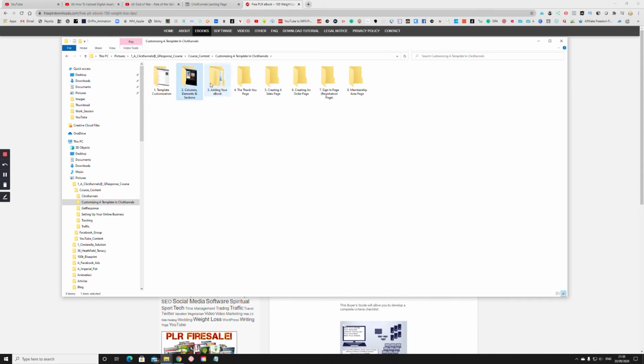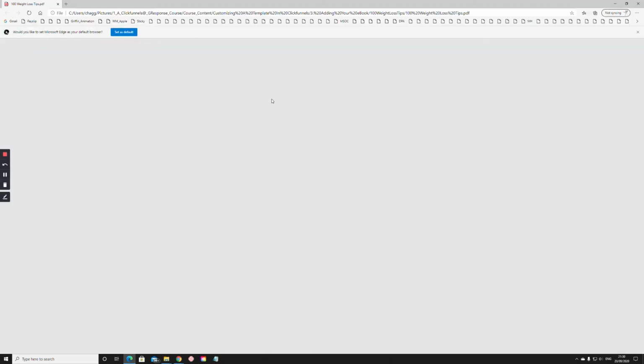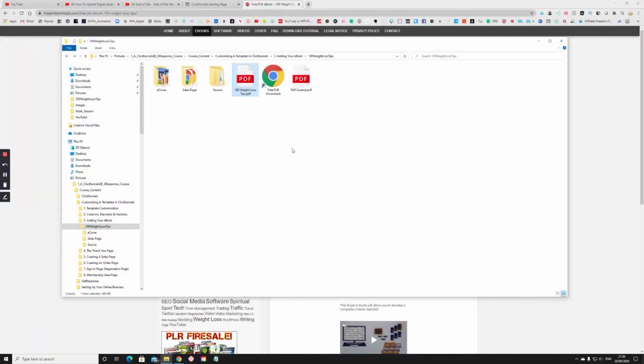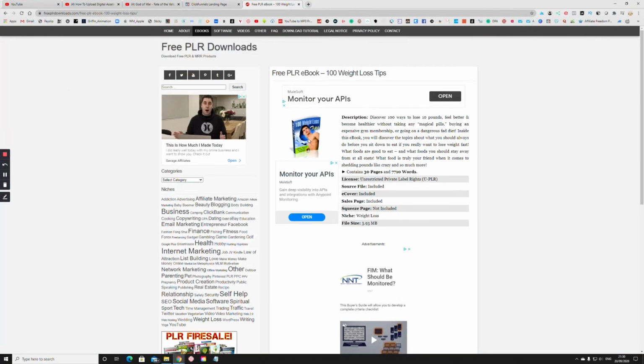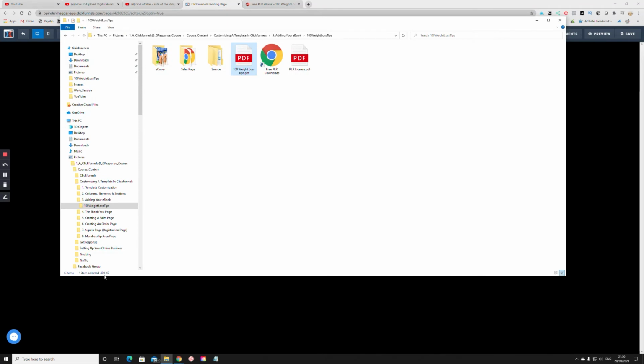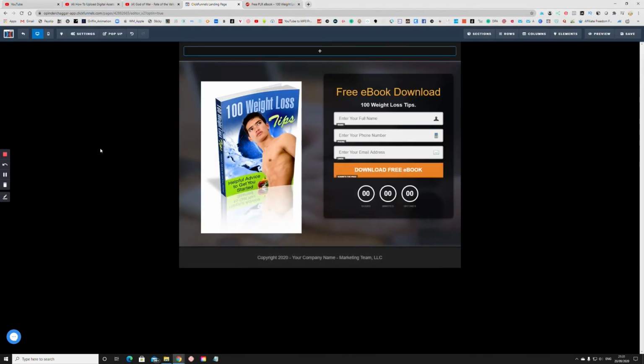So for me it will be in pictures, the course folder there. Yeah, so on this course which I'm doing, it'll be in, is this. So if you double click that, there you have your book. So we've got our book and we've downloaded it. Now if we look at this book, it's 489 kilobytes. So we can upload this through Clickfunnels. So all you do is you go back,